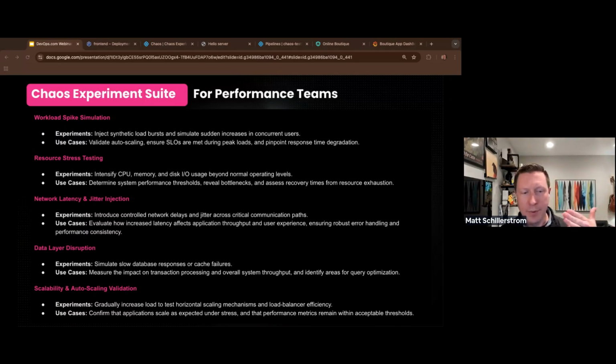Because so many people implement a caching layer before their database, maybe a Redis cache layer for speed and performance, which eventually talks to a Postgres database. You can do performance testing on all that to make sure it handles the reads and writes. But how do you make sure it handles the reads and writes during disruptions and outages? And then also scalability and auto scaling validation. A lot of these chaos experiment suites that I'm showing you resonate very well with load testing and performance testing.